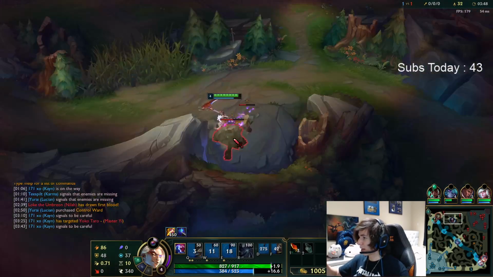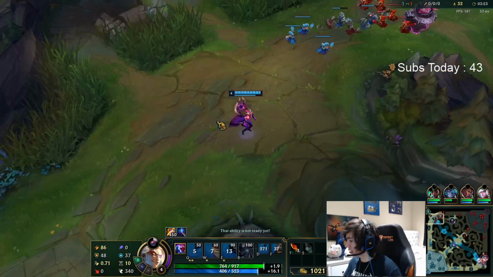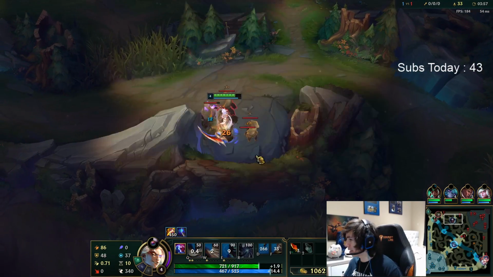So you notice how I always prioritize the camps. After I farm all my camps, I'm like, alright, now time to fight. Once there's not a fight, okay, back to farming. If there's nothing left to farm on the map, I knew he didn't do Raptors or Krugs because he